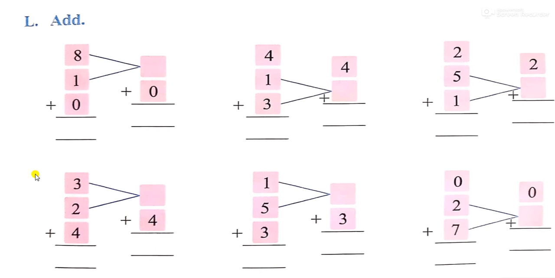This is the exercise. Look at the first one. The numbers are 8, 1, 0. This is plus. So first we have to add the first two numbers. 8 plus 1. What is the answer, student? 8 plus 1 is equal to, yes, the answer is 9. This is a 0. 9 plus 0 is equal to, I have taught you 0 has no value, so we have to put the number itself. So what is the answer here? Yes, the answer is 9.